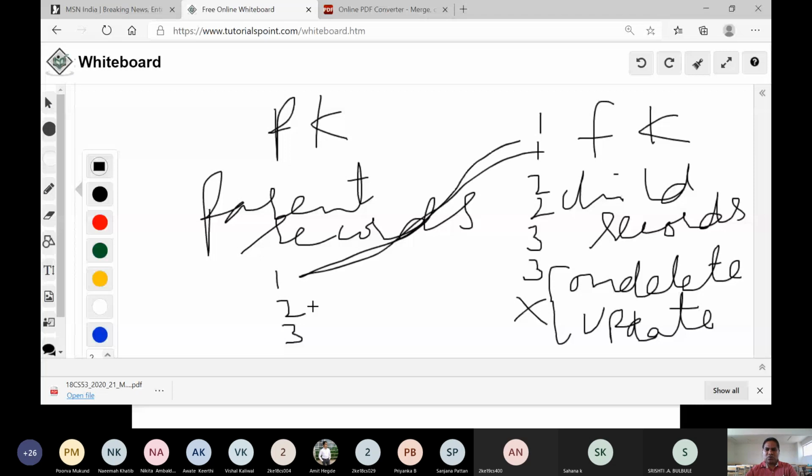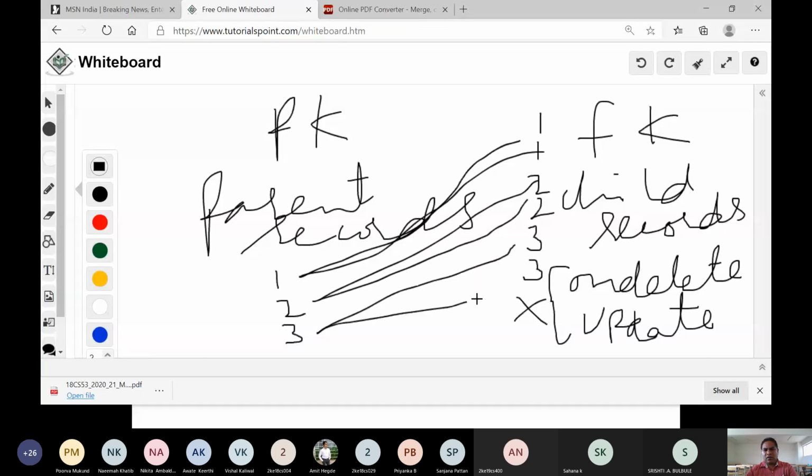So 1, 2, 3 do have records. Now imagine I have one more value 4 in my parent key, but it is not there in the foreign key. Please remember I did not set these two constraints, neither on update nor on delete. Only I set primary key and foreign key, that's it.